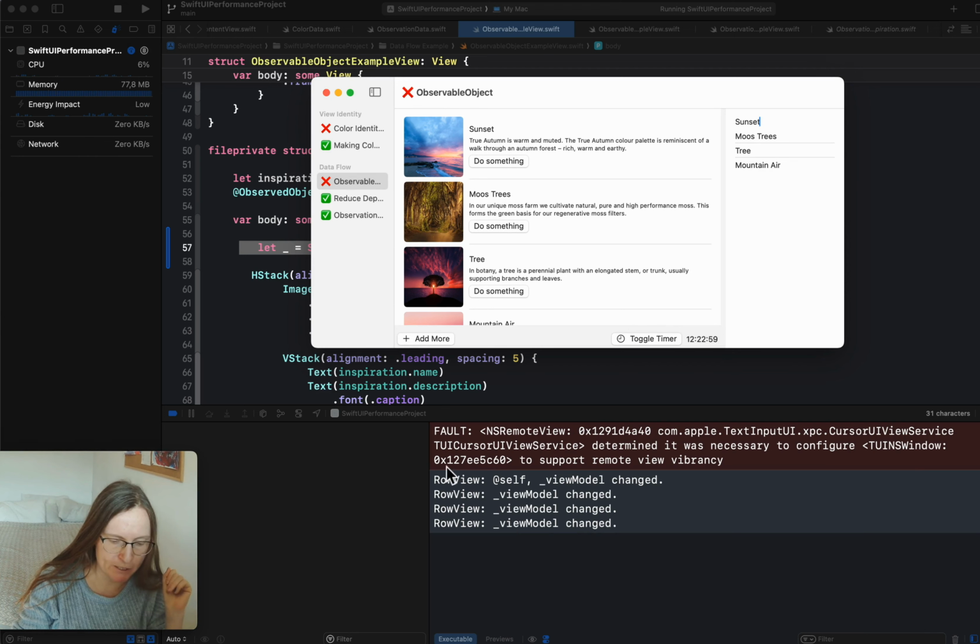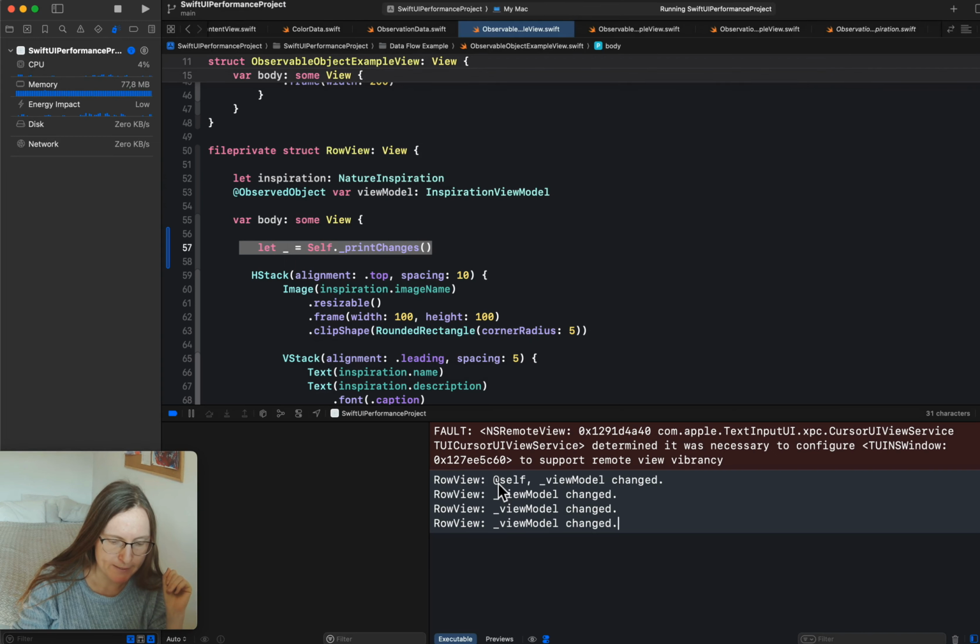But one of them actually changed. Self means that a property, this inspiration, this data here actually changed. The view model also changed because this also lives in the data. Now you saw that I have self and identity. Okay, now the last example